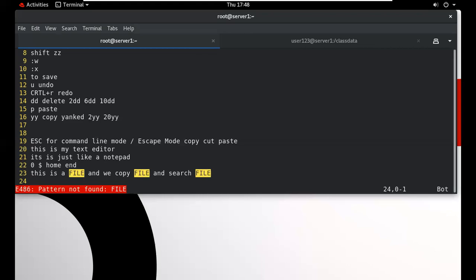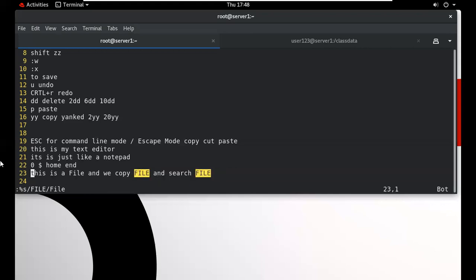Okay, not used like this. In the place of file. Okay, now it will replace. So this first option will be changed, not these options.